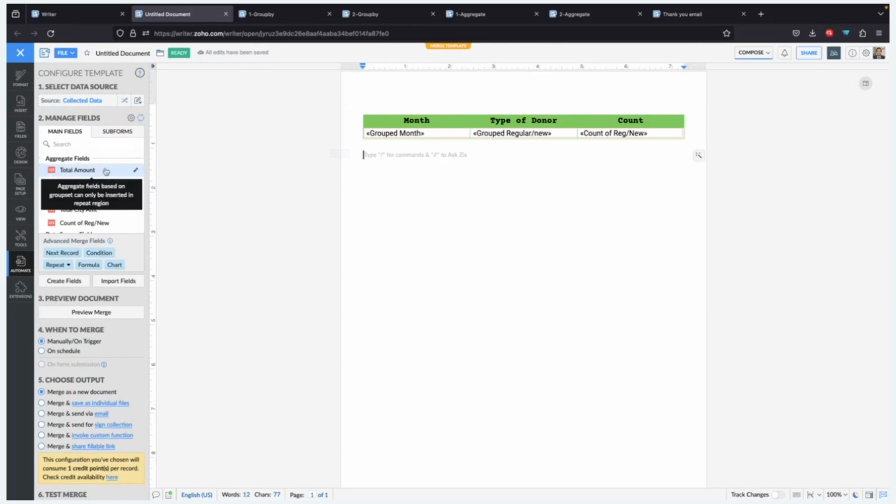So if the aggregate field is based on a group set, then I can insert that only within a repeat region. So if I insert that within a repeat region by adding a group field as a reference, I'll be getting the amount only for that particular group. So for example, if I'm grouping it by name, let's say John Doe, I'll get the amount only for John Doe. But if I would like to have the entire amount collected by the NGO, I can just insert the aggregate field outside the repeat region